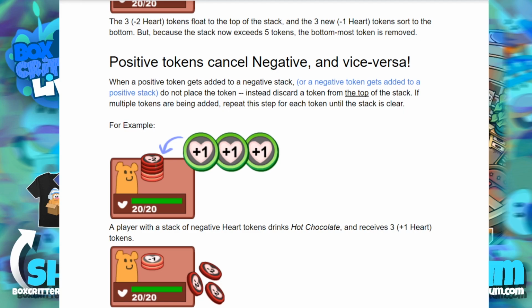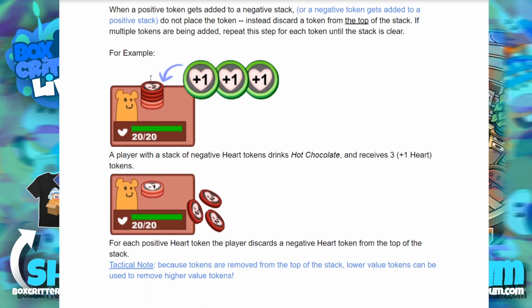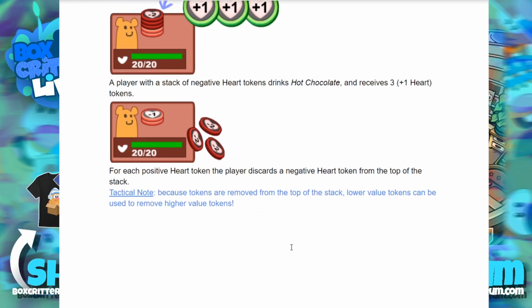For example, here's your poker chips. I don't know, that's what it looks like to me. A player with a stack of negative heart tokens drinks hot chocolate and receives 3 +1 heart tokens. For each positive heart token, the player discards a negative heart token from the top of the stack. Tactical note: because tokens are removed from the top of the stack, lower value tokens can be used to remove